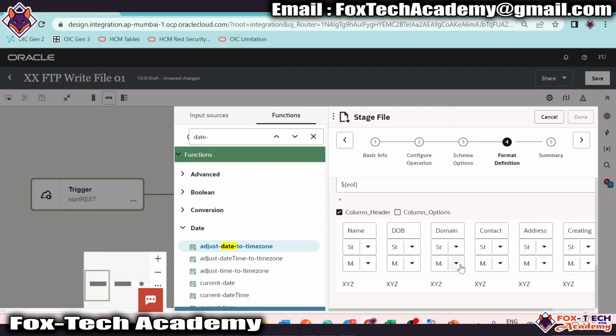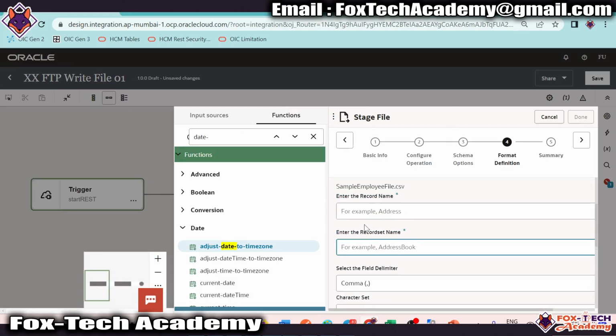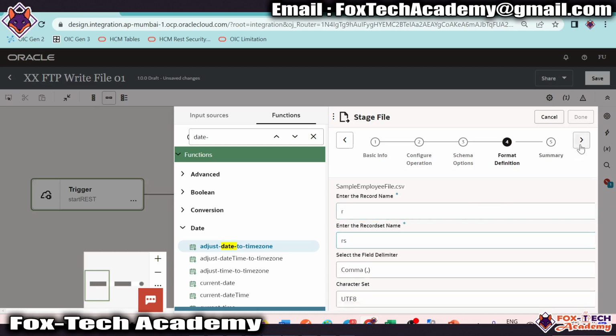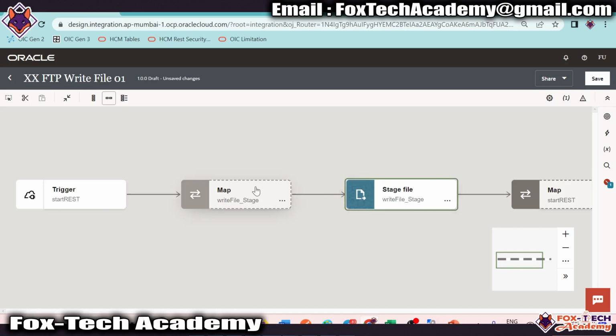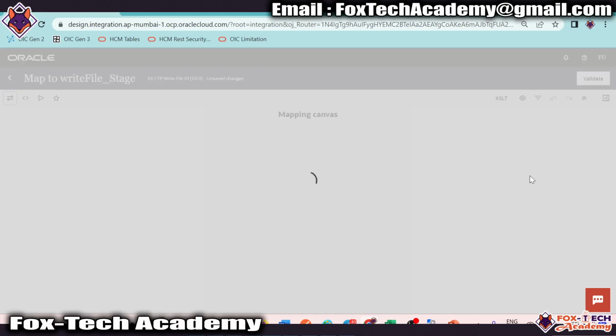You can see we have the simple file here. I will select R for record, RS for record set. Now next, done. So here we will provide the mapping. So in the mapping only,